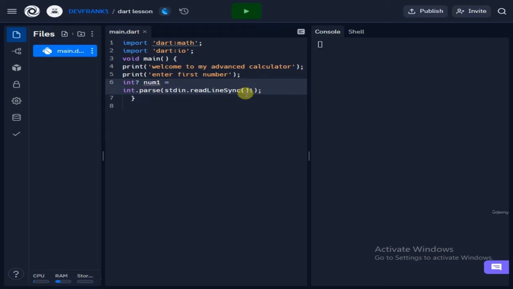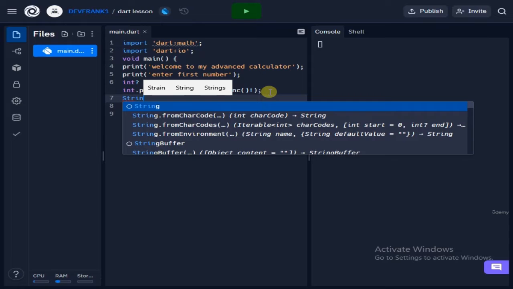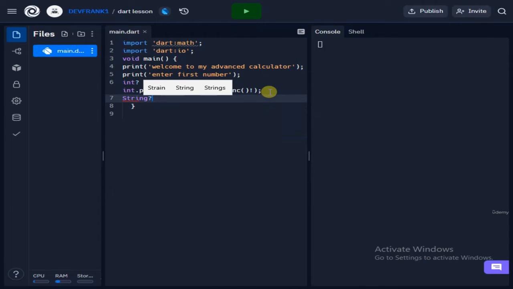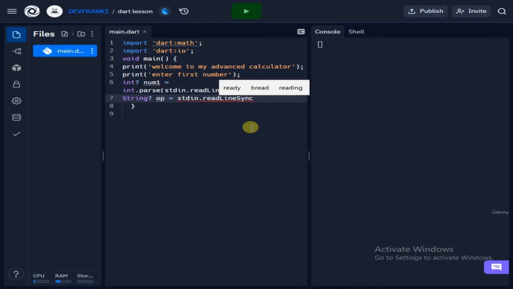So we have given the users the opportunity to enter their preferred number. Then the second thing is to ask the user to enter an operator. An operator is just like addition, subtraction, multiplication, and so on. So we just have to register a string that stores the operator that the user enters. I will name it op. op equal to stdin.readLineSync, open and close parentheses,